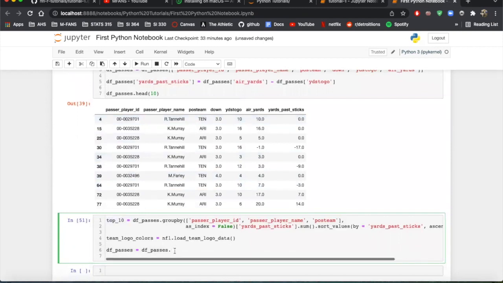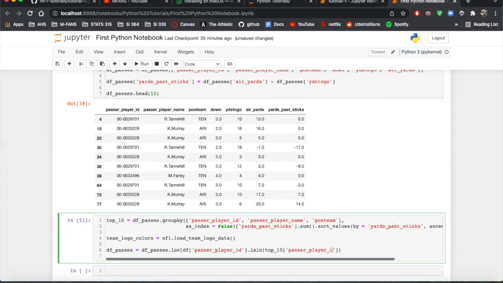So we're going to want to filter, using that loc function that we've been using a lot. We're going to say passer_player_id.isin the top 10